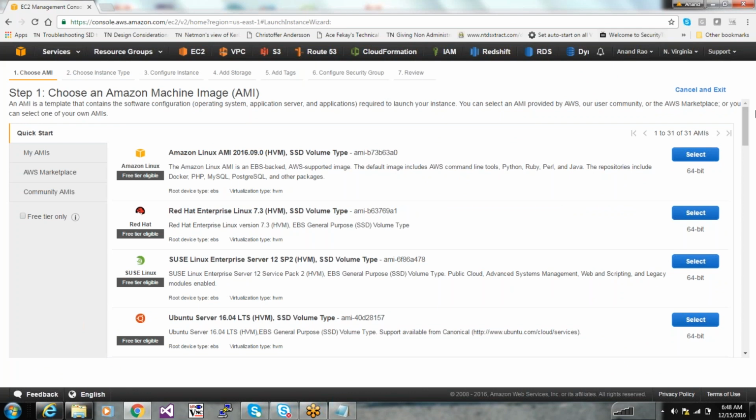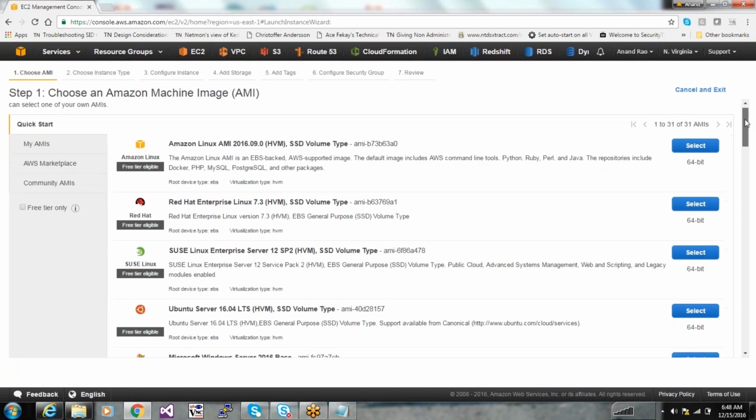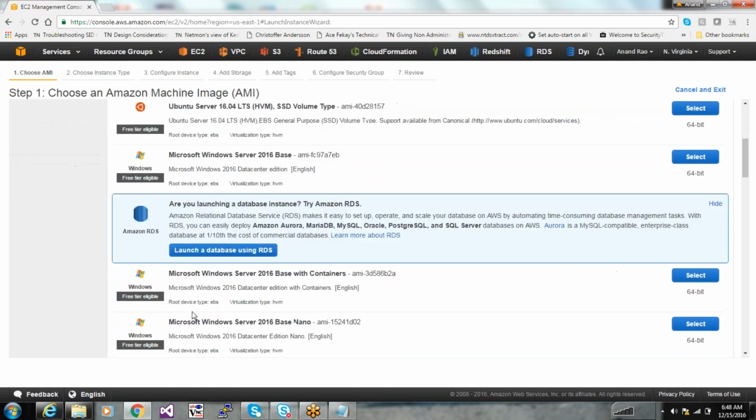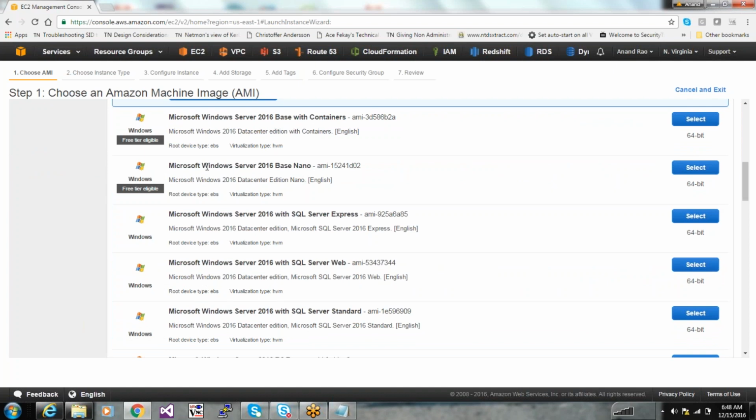As soon as you come here, you will see a menu with a bunch of operating systems. There's Linux, this is Amazon-specific Linux. This is Red Hat-specific Linux. This is SUSE-specific, and Ubuntu. As you scroll down, you will see lots of these. There's Windows Server 2016, and Windows Server 2016 with SQL Server. The good thing is that you do not have to install SQL after installing Windows Server 2016. If you are a database developer or even a developer looking for a database to store your information, you don't have to purchase a license for SQL Server. You can simply pick up this AMI.